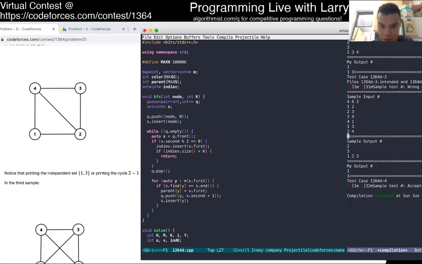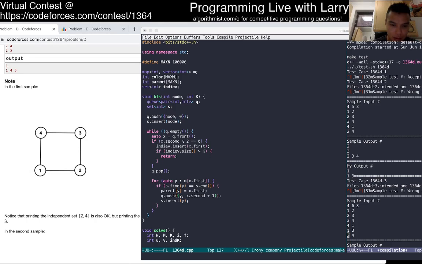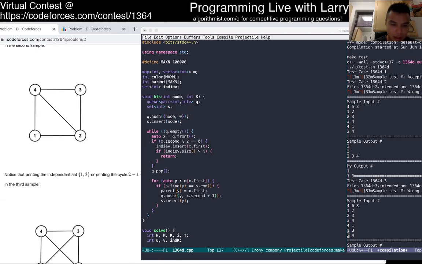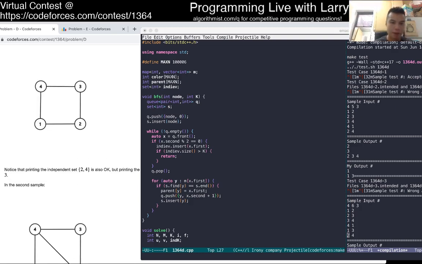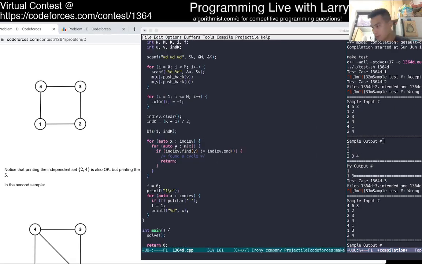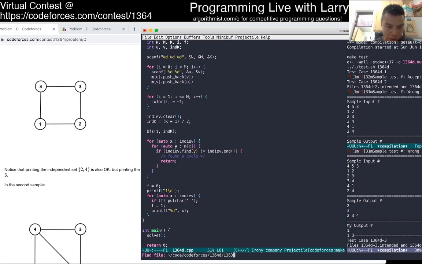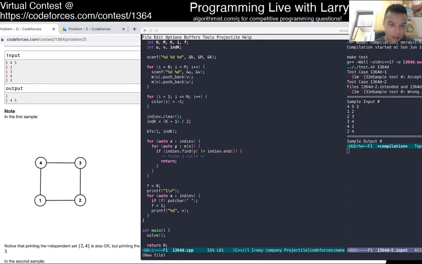I have to look at the test cases manually because they all have an independent set, so that's actually kind of unfortunate. But let me try to create one where I guess a triangle is okay. Try and create a case where there's a cycle and no independent set. So okay, let's just say an octagon then.